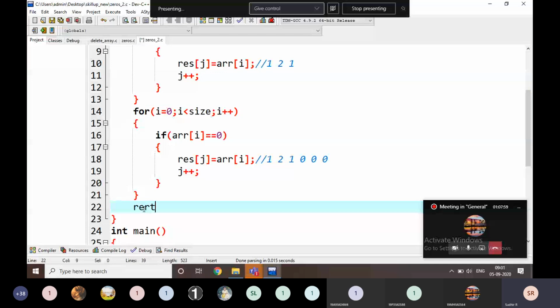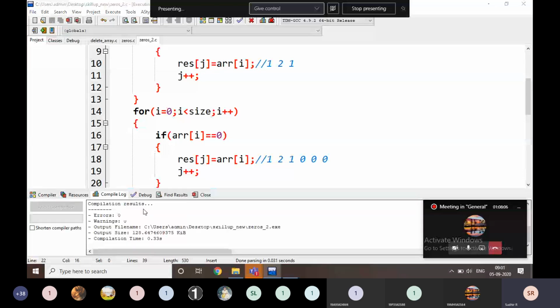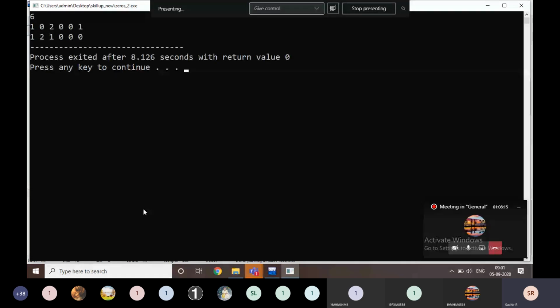I am going to return res. For example, if I execute it, the output is going to be 6 1 1 0 2 0 0 and 1. This is not magic. Does everyone understand what I am writing here?